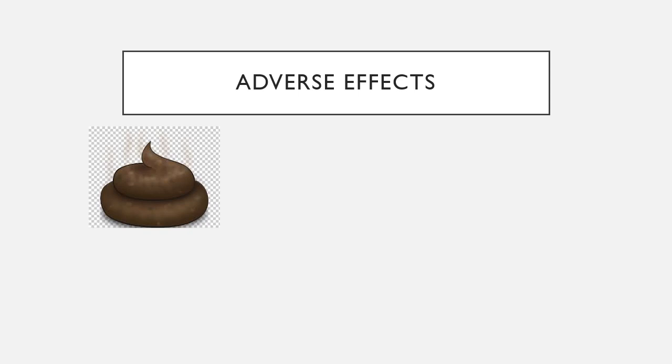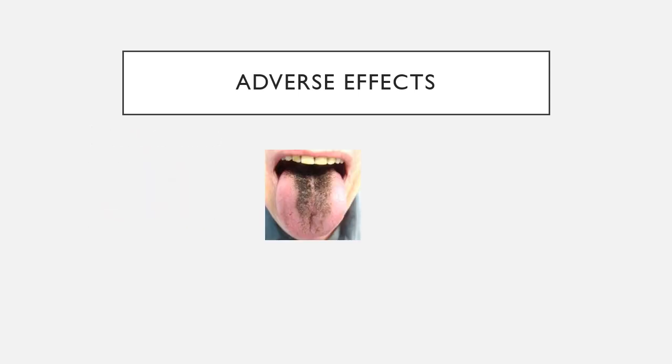Bismuth has excellent safety profile. As we read earlier that more than 99% of the drug is excreted in feces, so it can produce harmless black discoloration of the stool. But we have to tell the patient about this adverse effect, otherwise he can confuse it with GI bleeding. And if given in liquid form, it can produce harmless blackening of the tongue. This is blackening or discoloration of the tongue. So we have to tell about these adverse effects to the patient.